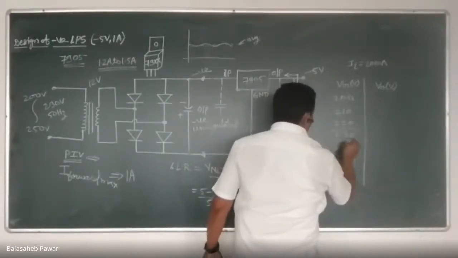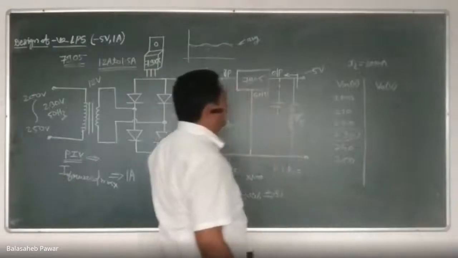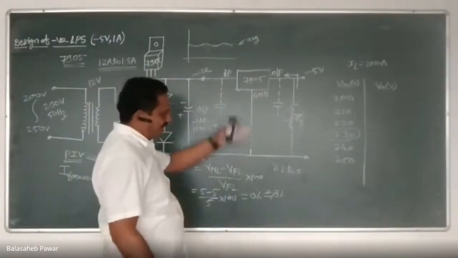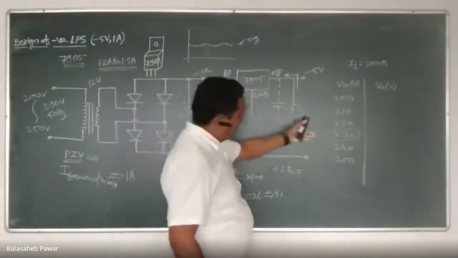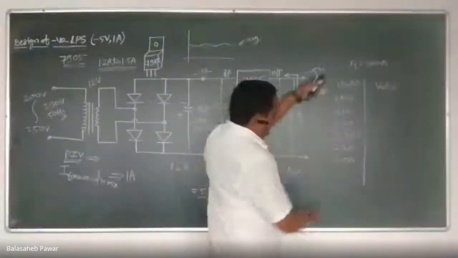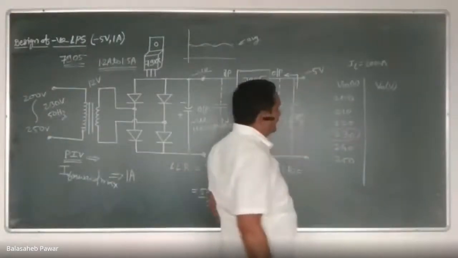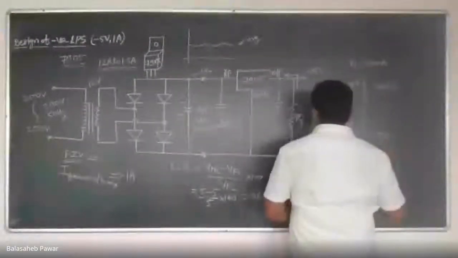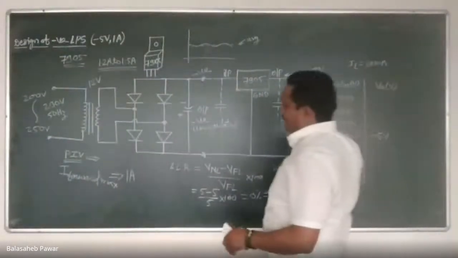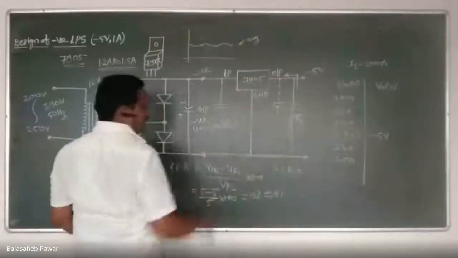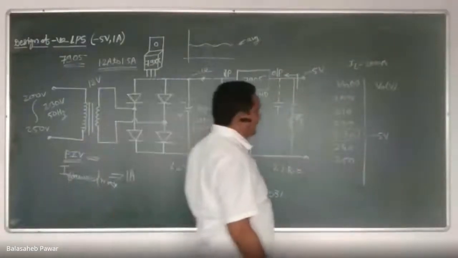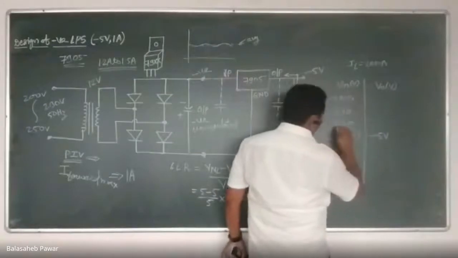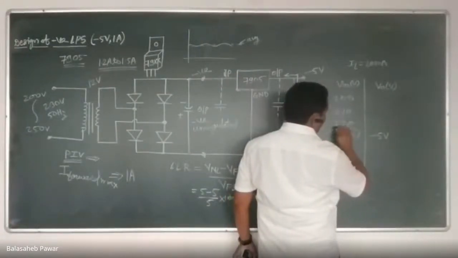This is our actual considered input voltage, but it might not remain exactly as 230. There may be a variation as shown. So if it is 230 volt, how much output are we getting? The output obtained after our LPS was -5 volts. What is expected, even if the input is somewhat less than the considered one, that is 230?